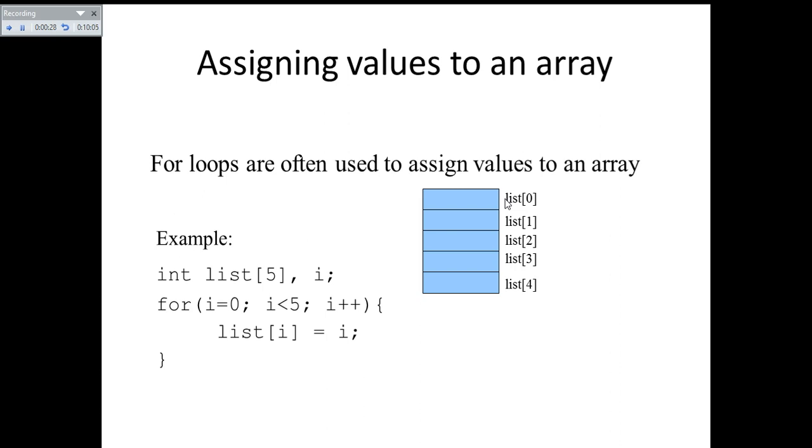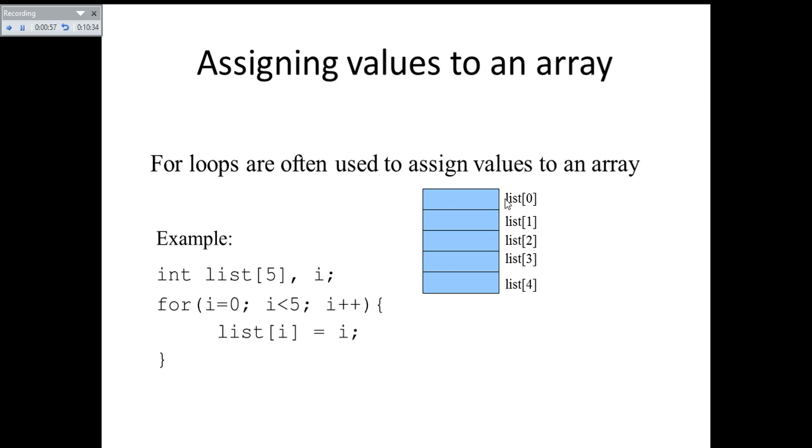And it has one variable, the i variable, that is used as a loop variable. So inside the for loop we are initializing list of i. It is initialized with i. If you look at the loop logic, it is initialized with loop variable i equal to 0, and i is less than 5. So the first time i will be 0, 0 is less than 5, so it is true.